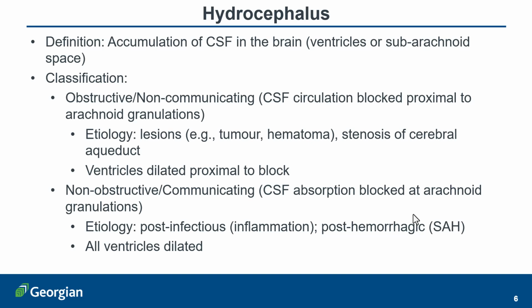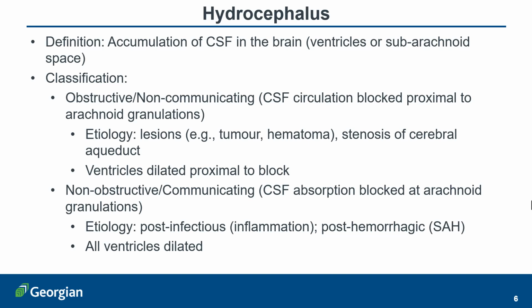In non-obstructive or communicating hydrocephalus, the CSF can circulate through the ventricles, but it is not absorbed at the arachnoid granulation. So absorption is blocked at the arachnoid granulation. The etiology of non-obstructive or communicating hydrocephalus is a post-infectious condition whereby the inflammation damages the ability of the arachnoid granulations to absorb the CSF into the venous circulation. Another etiology might be post-hemorrhagic, whereby there is bleeding into the subarachnoid space and then the blood clots and blocks